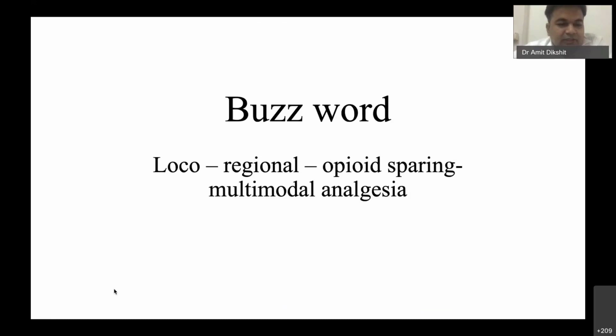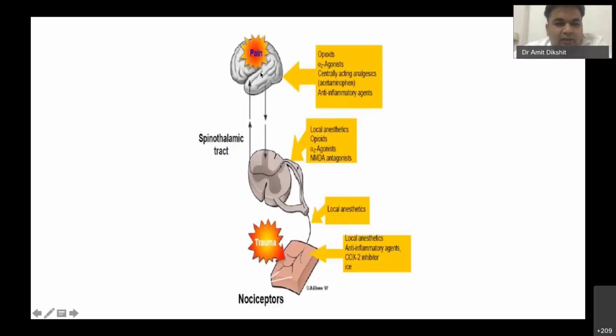And it is not that if I have done a block, I will not provide paracetamol or NSAIDs to any given patient. There is good evidence to suggest that pain chronicization pathways are blocked when we use a multimodal analgesia technique. We do not want our patient to blame us three years later that because we did not treat them for pain, now they are in chronic pain. So this is site specific analgesia.